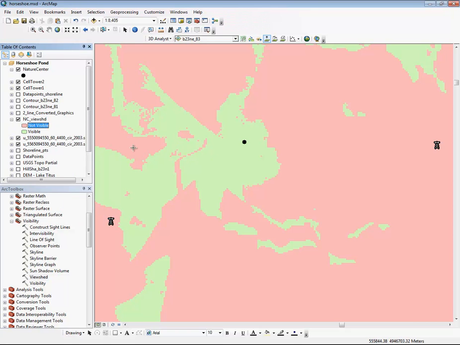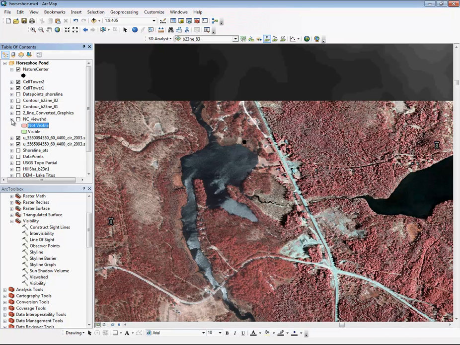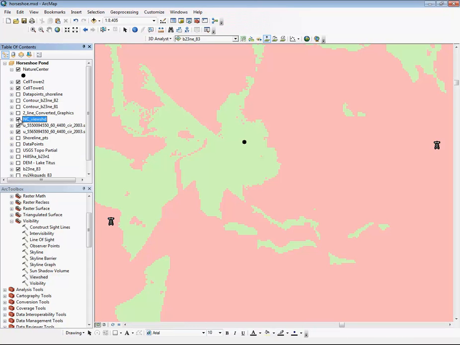So this area, everything that's visible is shown in green. So this is not visible, and this is not visible. So it's an excellent place to put that Nature Center. Neither of these towers are visible, at least at the ground level. Now, if they're higher up here, then you might have to do some analysis there too and take that into effect, the height and whether the height would be visible, and so forth. Okay, so that's some of the things you can do